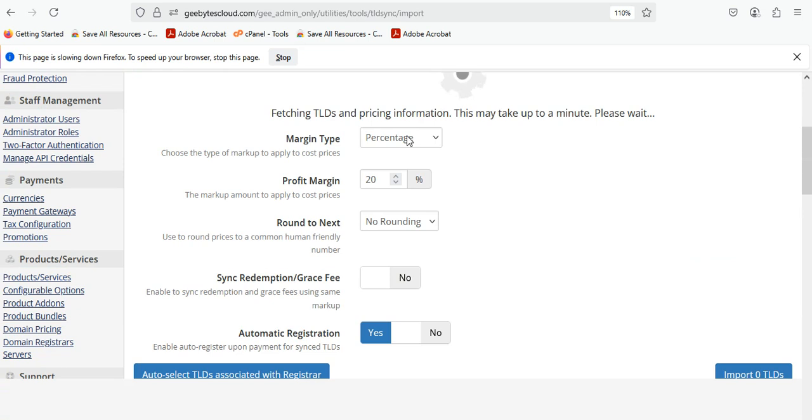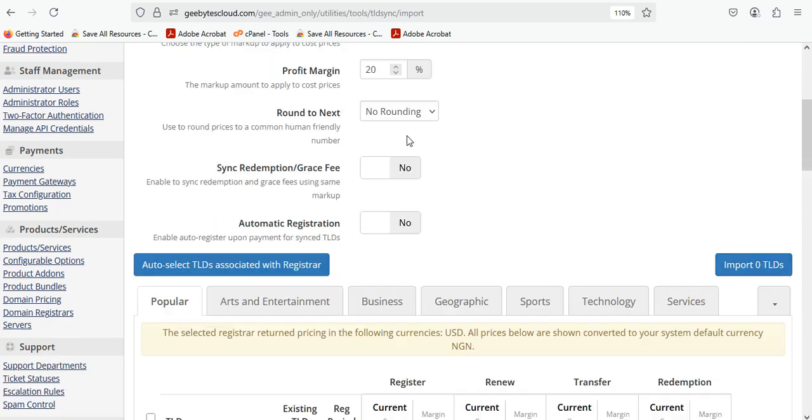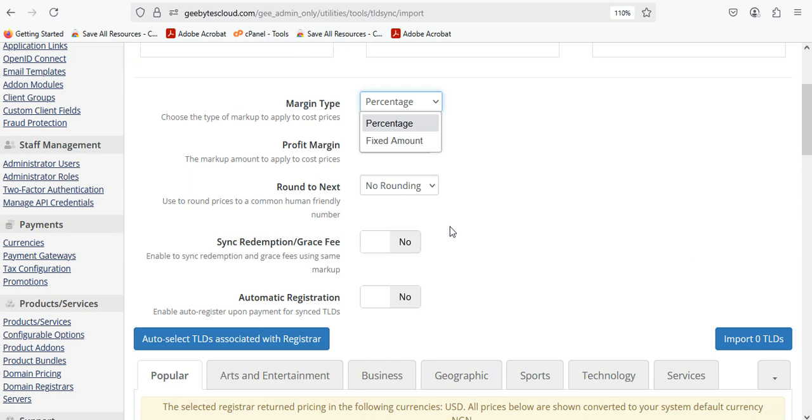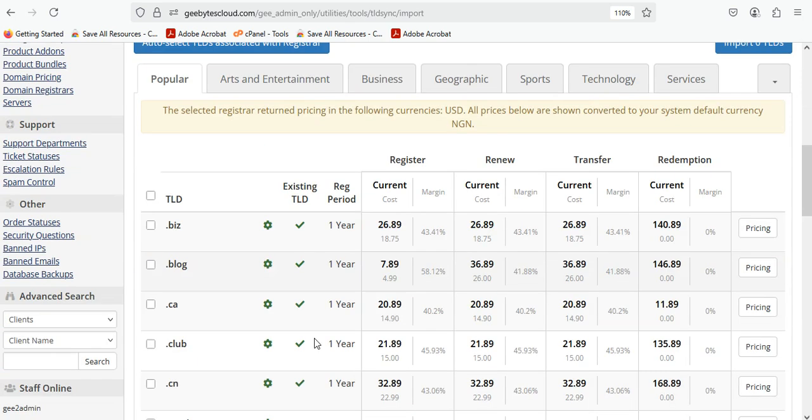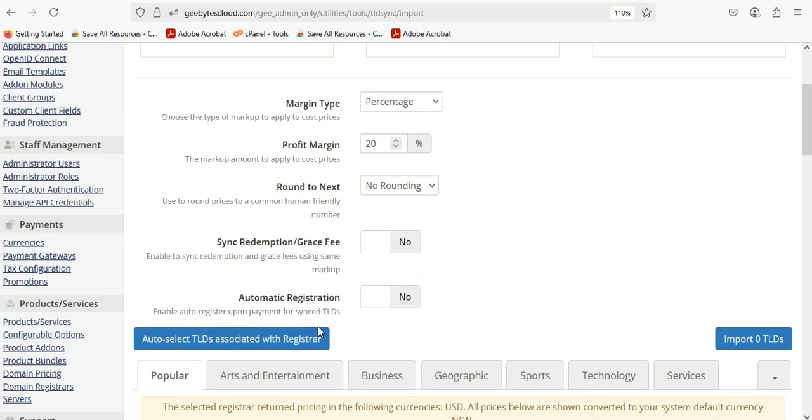Sometimes you can set it as a fixed price if there are fluctuations. For my own, I don't need to be doing all this because they are already synchronized, the prices are there already. So if you use percentage, you add how many percent you want to be making.